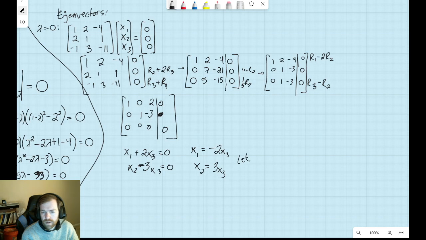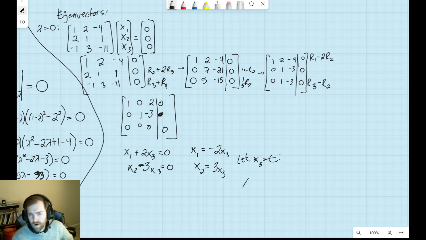And if we let x3 be equal to some dummy variable like t, then what we get here is that our x vector